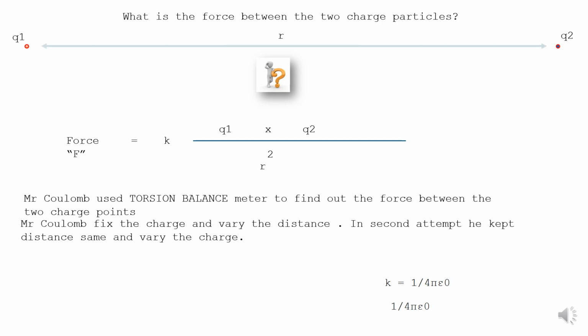In the first case, he varied the distance keeping the charge constant, and in the second case he kept the distance the same and varied the charge. And from all these practical experiments